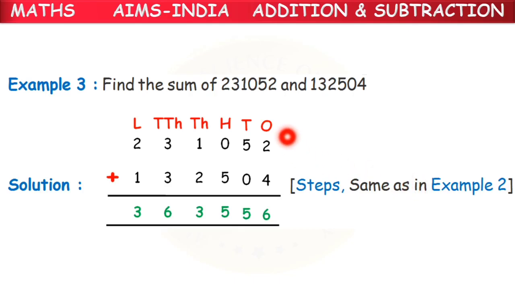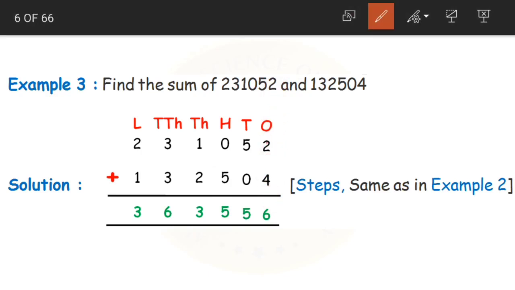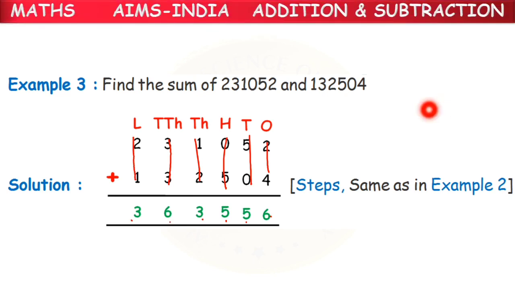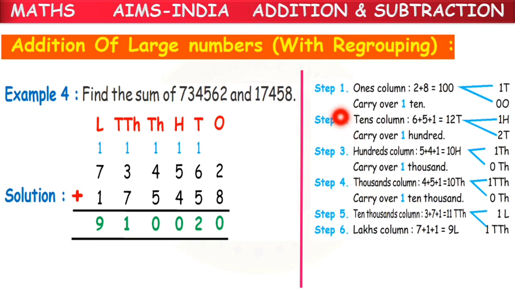See, we are having another example here. Again, the same steps we followed. Write both the numbers in their place values and then start counting from the ones place. Yes, 2 plus 4, 6, 5 plus 0, 5, 0 plus 5, again 5, 1 plus 2 becomes 3, 3 plus 3 becomes 6 and 2 plus 1 becomes 3. Clear, children? You've already done so many additions in your third class. This is the same. The difference is that we are having more number of digits here. Now addition of large numbers with regrouping, wherein we have to carry to the next digits.